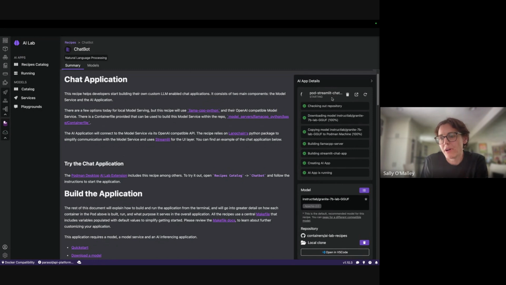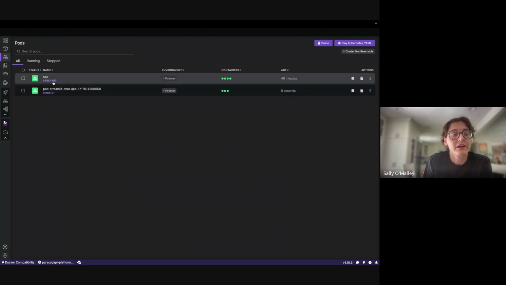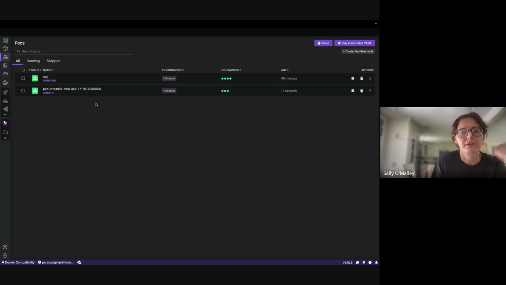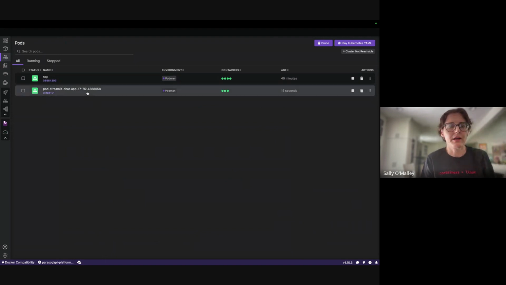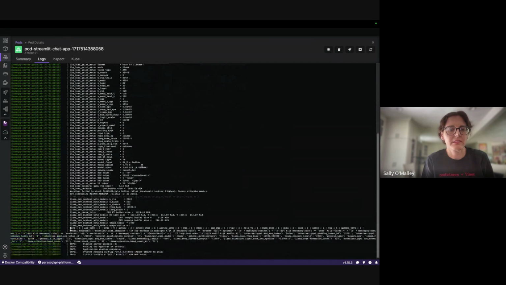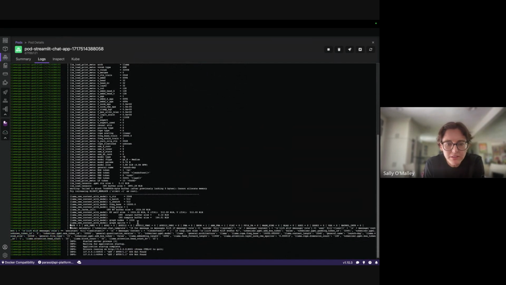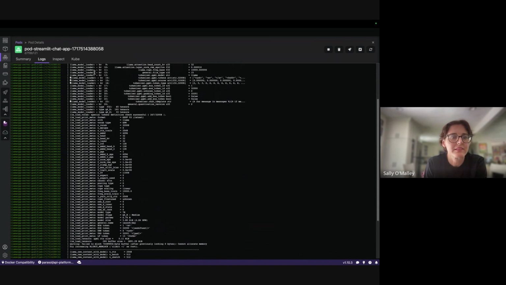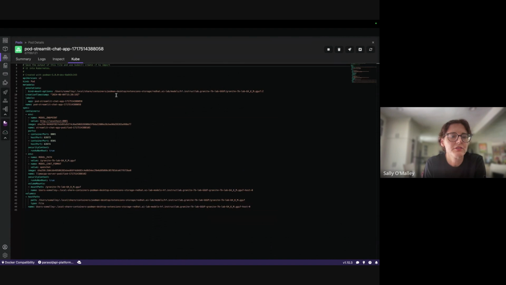Let me check the pods first, just to make sure. I want to show you this RAG app that I have running locally from the CLI, not from Podman. That's why I didn't want to stop it. It looks like you can go to the logs. You can see that the model is being served. Everything looks quite healthy, so that's good. And the cool thing is it gives you a QBML, because that's how these sample applications are spun up.